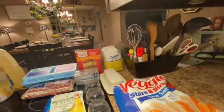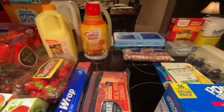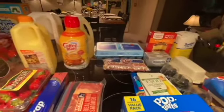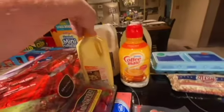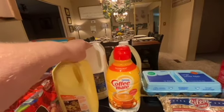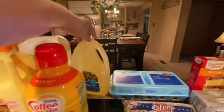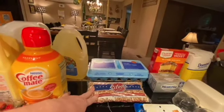Now, the stuff that I got, she loves bacon for breakfast. So, usually we do bacon and toast or a Pop-Tart or oatmeal or boiled egg for breakfast. I got some Reynolds Wrap, buttermilk, because I love cornbread and buttermilk as a snack. Some sweet milk or reduced fat milk, hazelnut creamer, some vegetable oil, 18 eggs. I got some pinto and